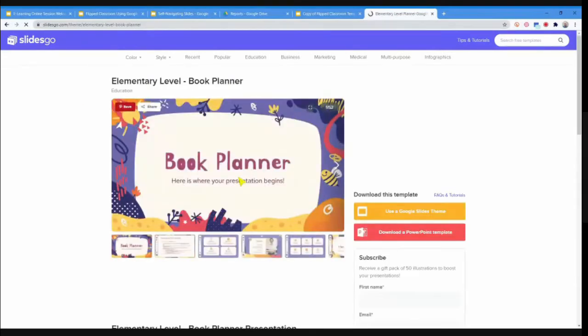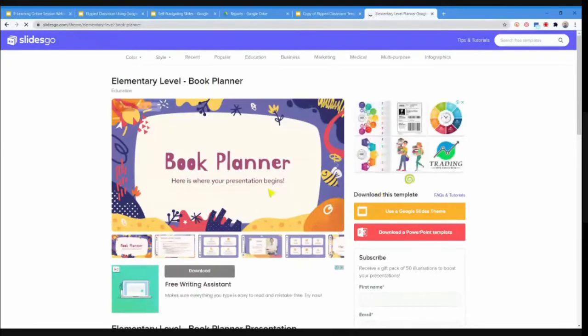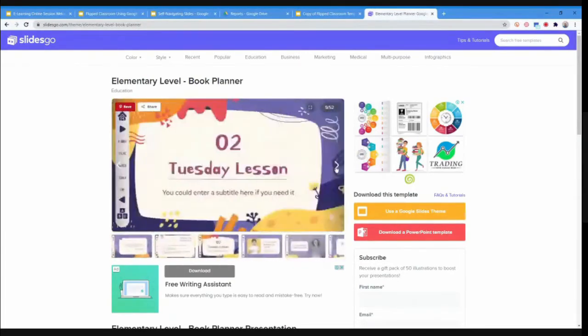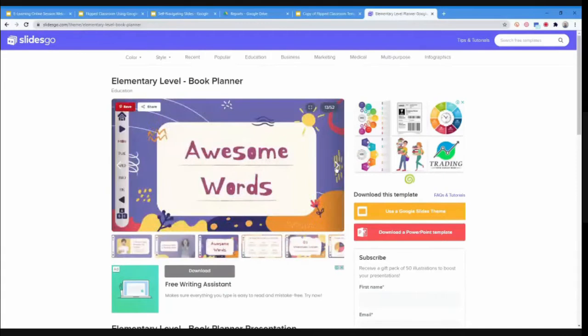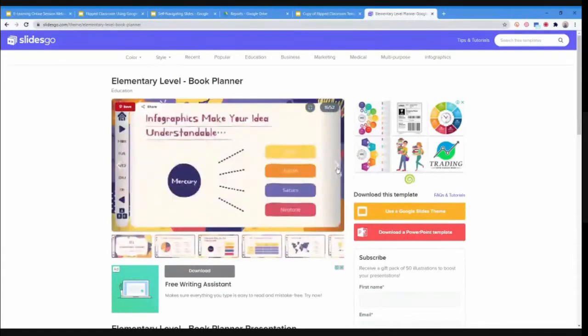a Google Slides presentation. So if I click on it, it opens up all of this. All of this is free, which is wonderful. You just need to give them credit for this, and I'll talk about that in a minute as well. Now, here it shows me all the things that have been built into this template already. These are all slides that have been built into it. I think they say there are 52 different slides that have been built into this by default, so you can